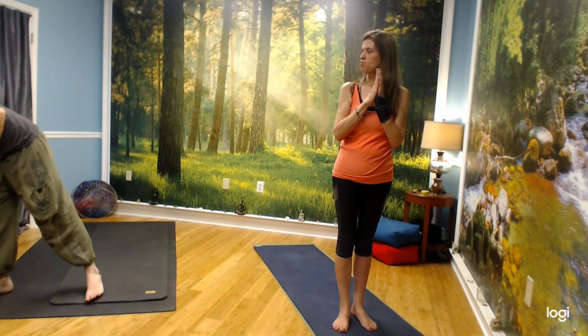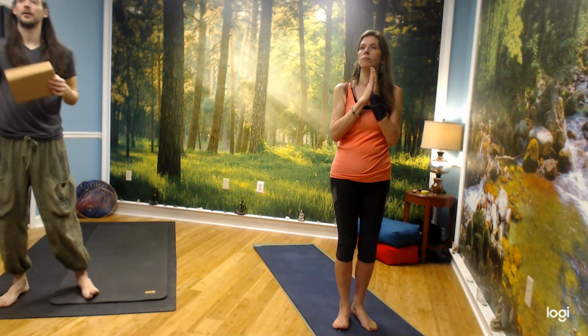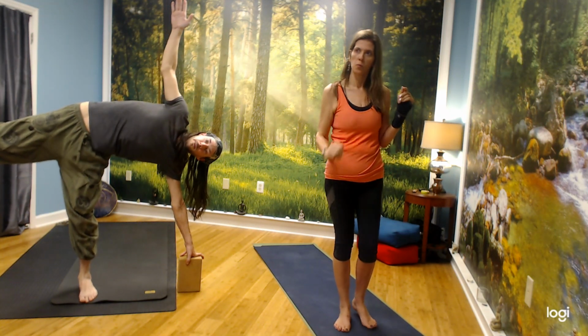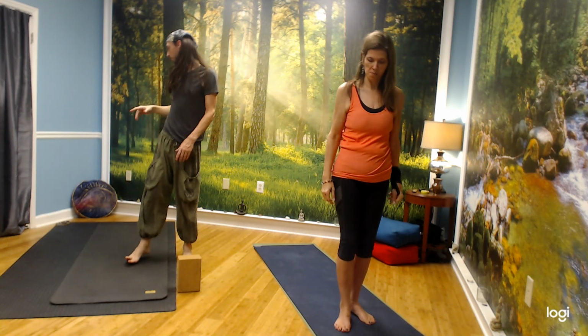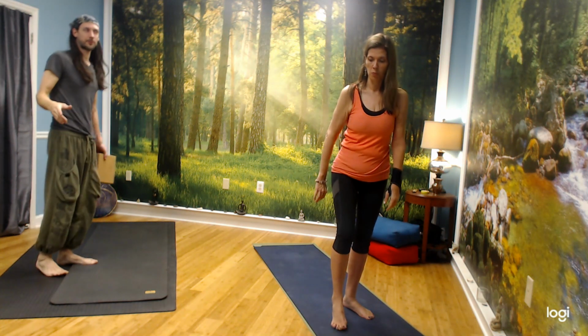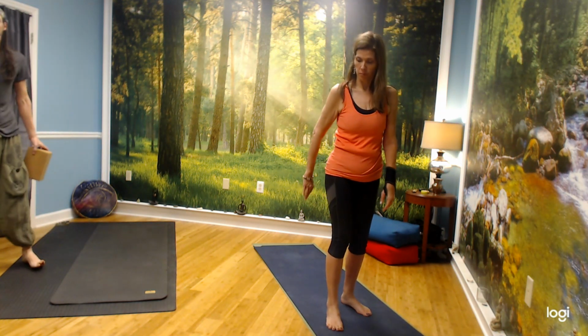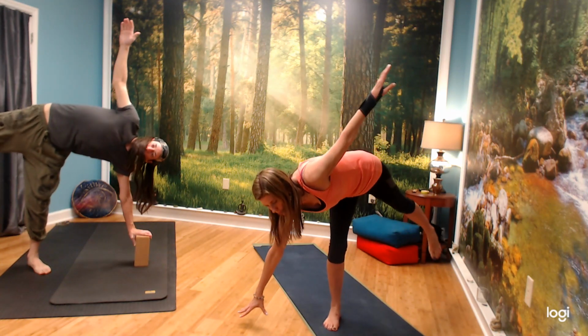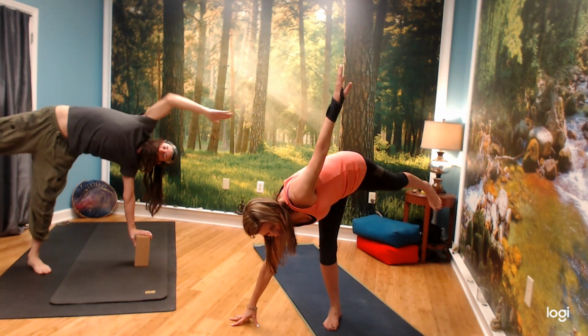Now, we did that one, so we'll go this way. I'm going to take a block just for safety. And since we did this leg, we're just going to take it down and come into half moon. Now you can't see me fully on the mat, so let me switch this way. So this will work. What you're doing is trying to take the body out straight